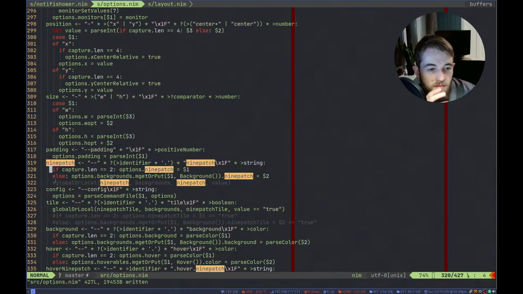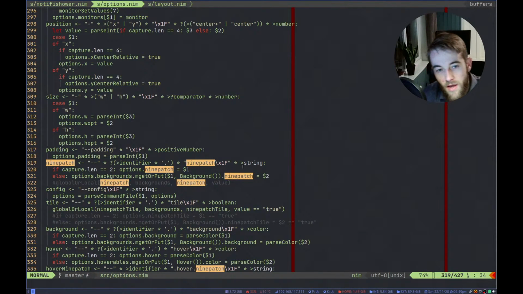So if you have a capture length of 2, that means we have captured this thing and this thing, which means that we have identifier as capture 1 and this string as number 2. So if it's 2, then options.9patch. Oh, sorry. If it's 2, then we only have this capture.